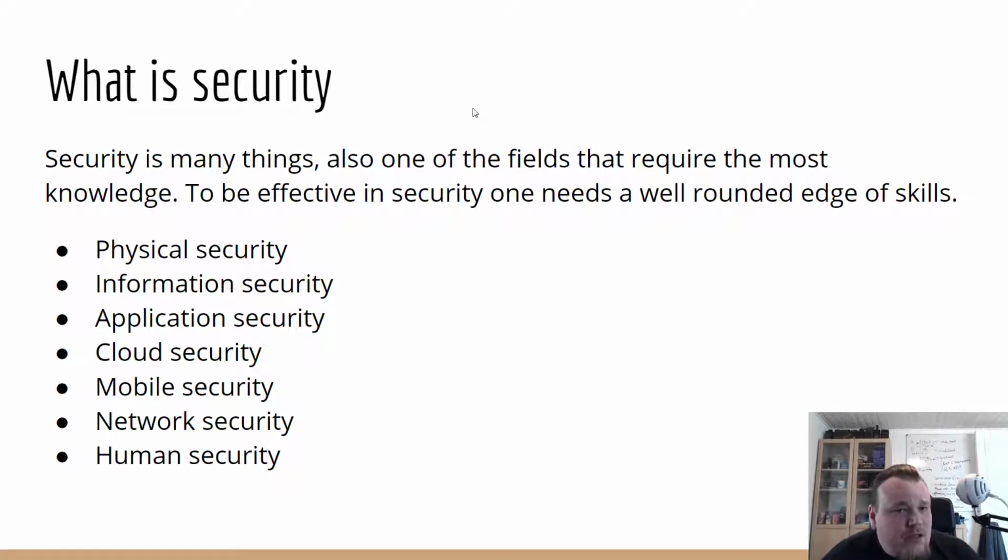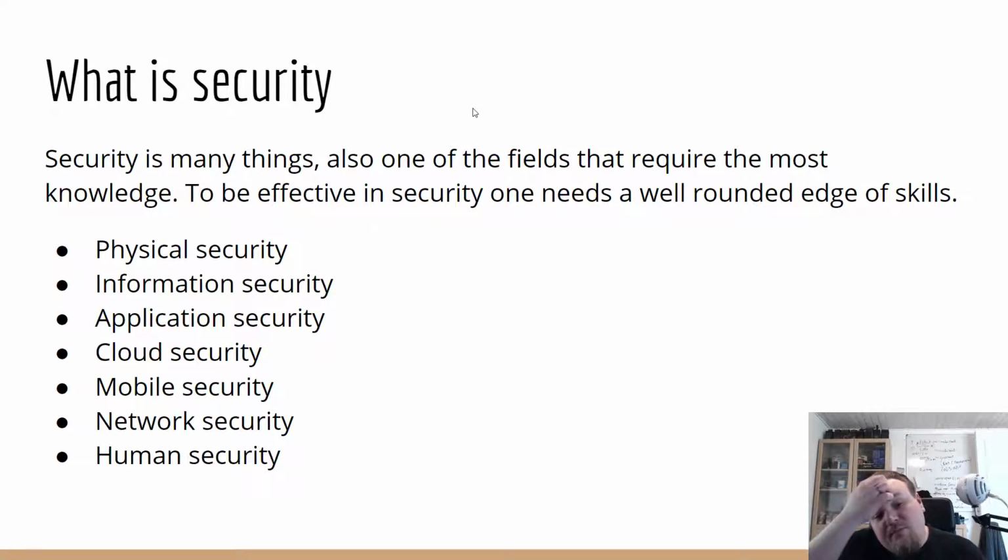So there are some other areas of security we need to focus on. It could be physical security, as we talked about, or information security: how to store data and make sure that your information is well protected. There are roles called DPOs, data protection officers, who would primarily focus on information security.